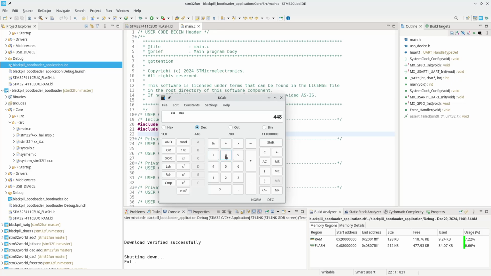So now let's start with hexadecimal 8000000. That is the start address down here. We need to add 64 kilo to that. So if we go to decimal and we add 64, clear, hexadecimal 8000000. Switch over to decimal. We add,